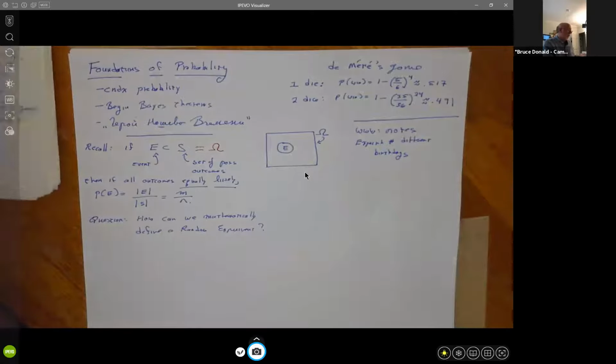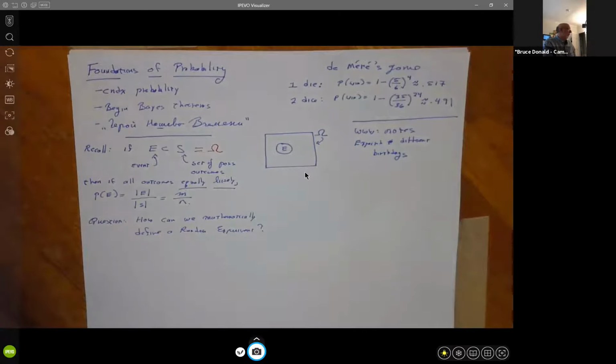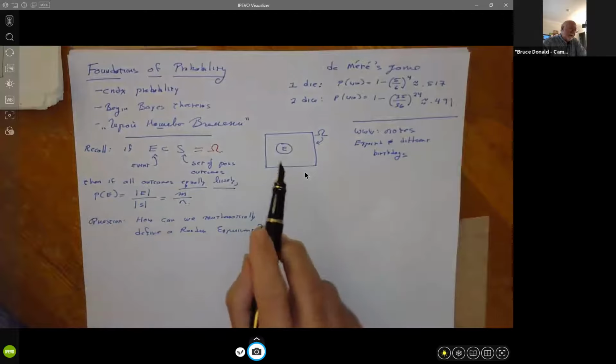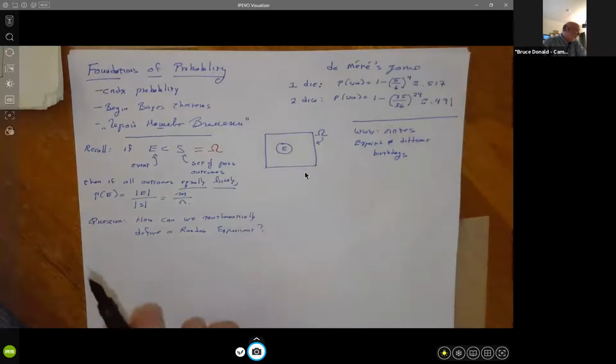So let's go back to our question raised here about the foundations of probability. We have a newfound understanding of set theory based on this class, and we're going to use that to show how probability is actually defined and constructed. We have our idea of events being sets. They're subsets of this big outcome space like this, and we have a calculation for what happens if they're discrete, finite, and all equally likely. So more generally, probability attaches to every event the likelihood that it will happen.